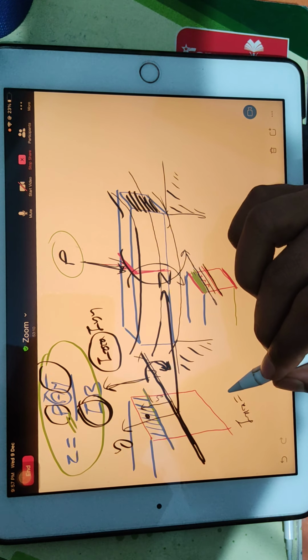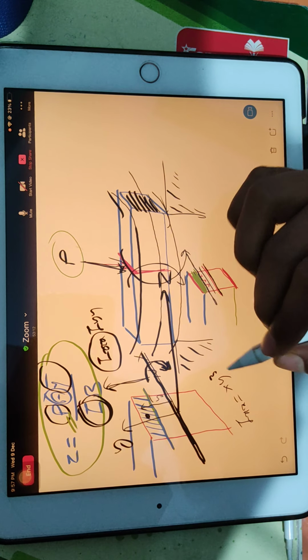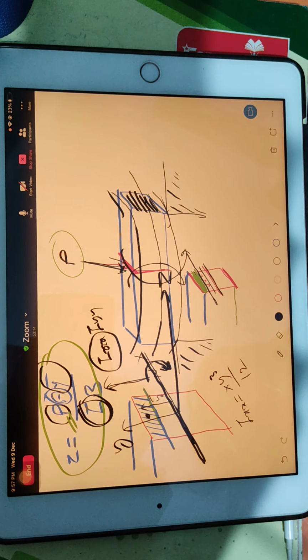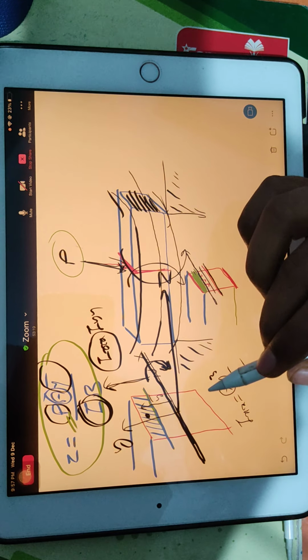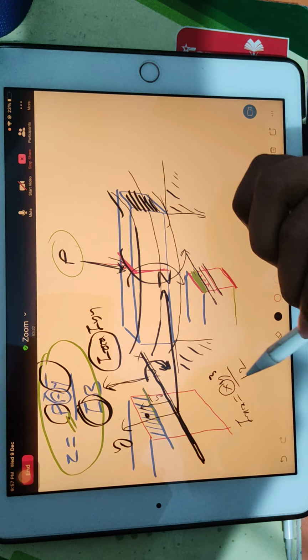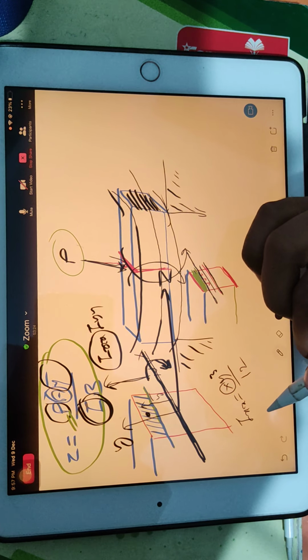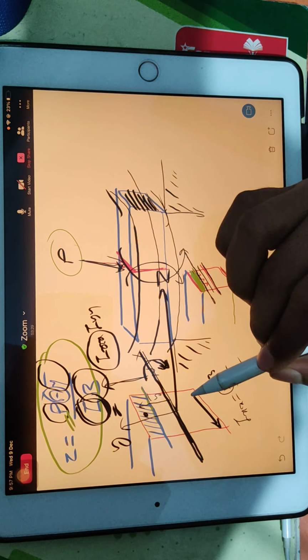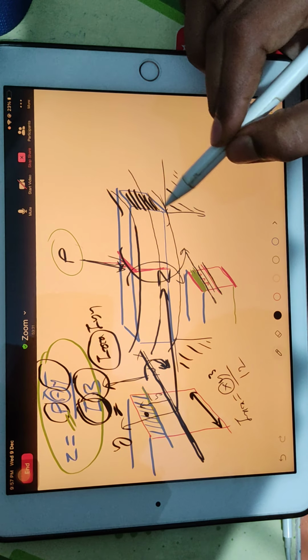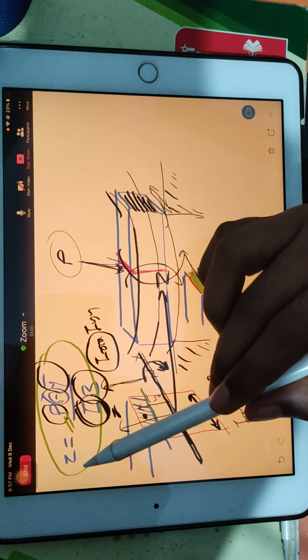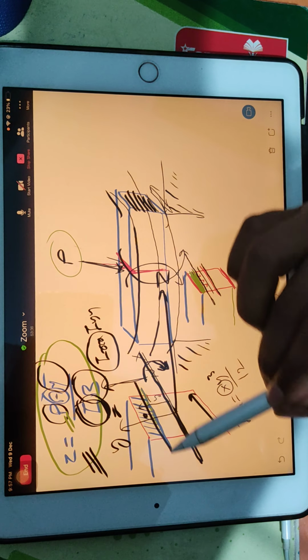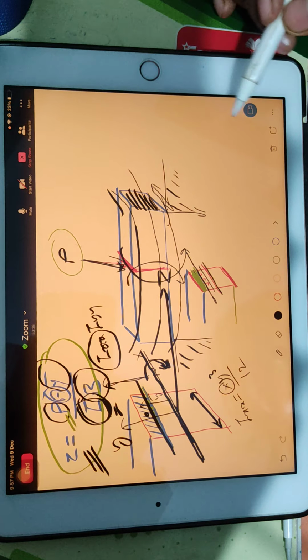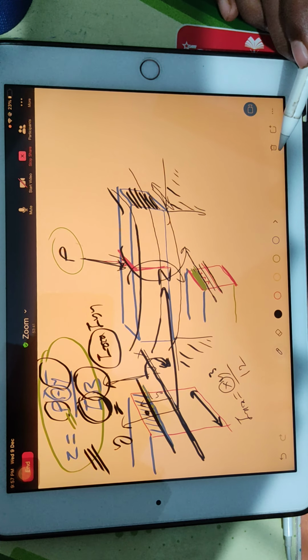So when you are finding out IXX, you will be using which formula? You will be using X Y cube by 12, because X axis is not moving. The rotation is happening about X axis. Y axis is moving. Okay, anyway, there is a trick to find out IXX. So this I is IXX. Now what is this B here? B is this width, how wide the beam is. That's all. And you can find out tau in any fiber. So shear stress over. Cool, is that okay? Okay.